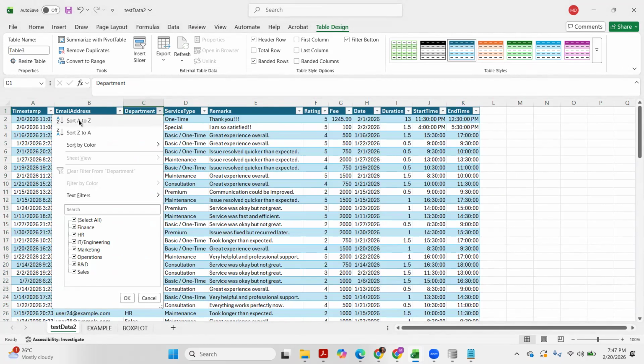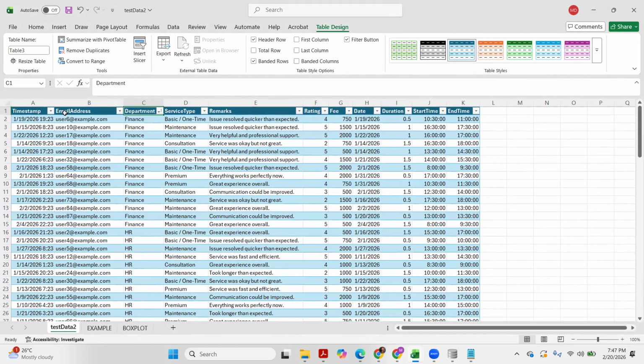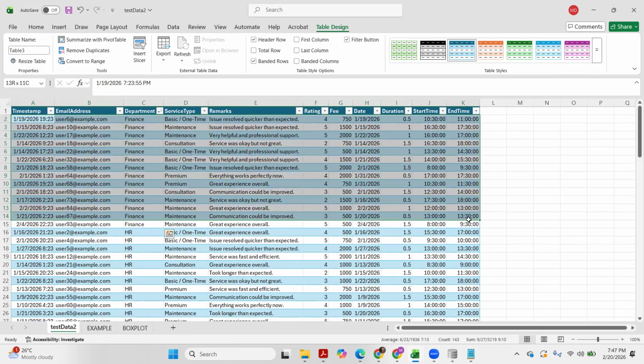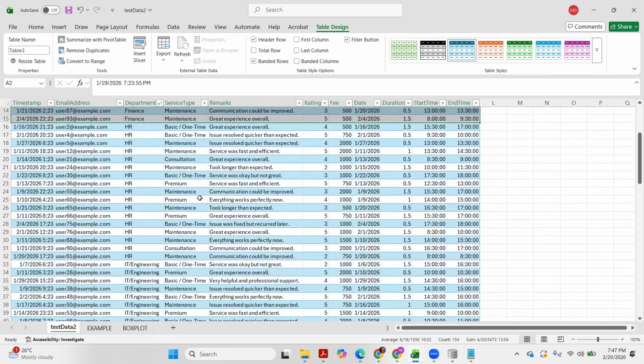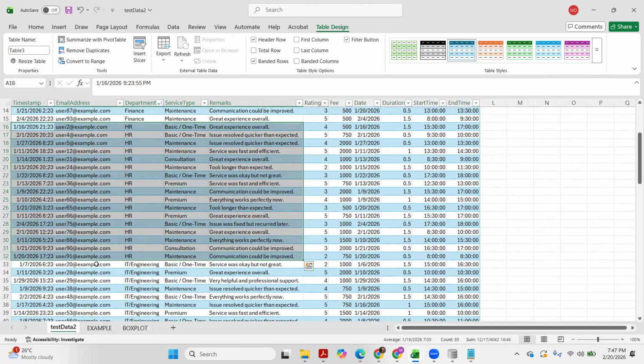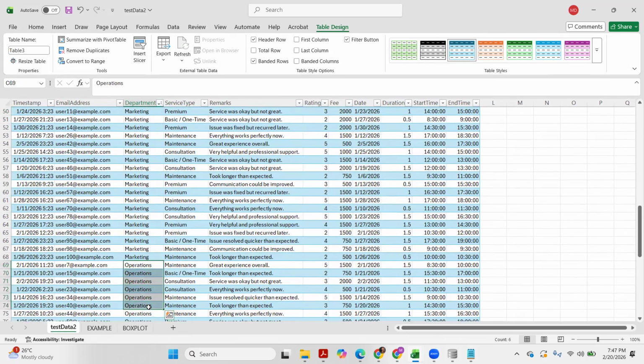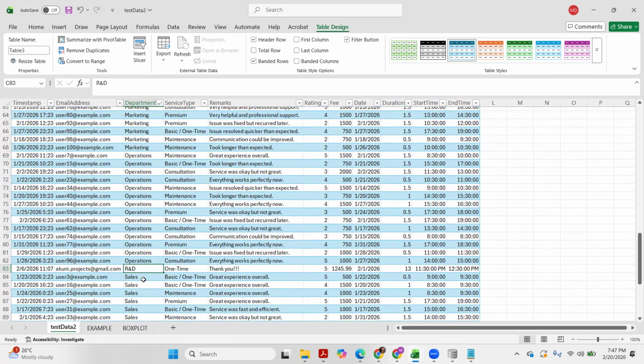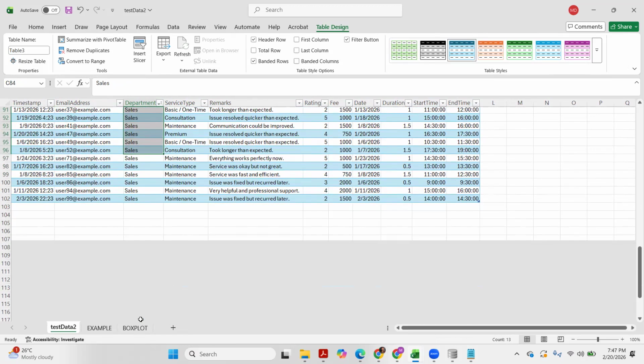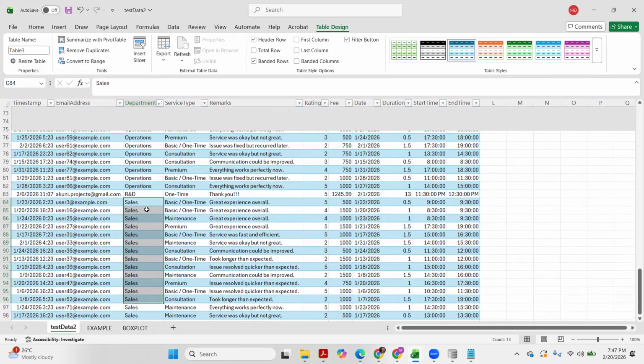I'll choose A to Z. As you can see, the first one that appears is the finance department. So all the feedback for the finance department is shown first, followed by HR, IT or engineering, marketing, operations, R&D (we only have one R&D), and then sales. That's the last one.